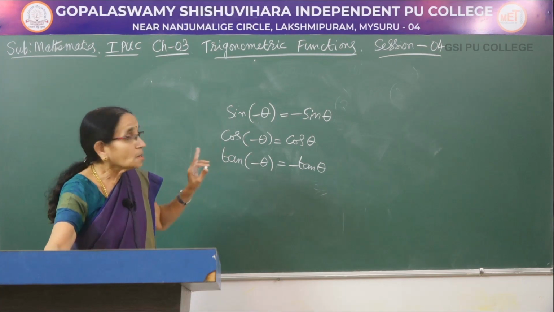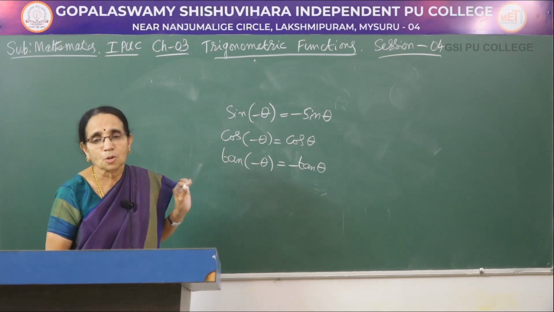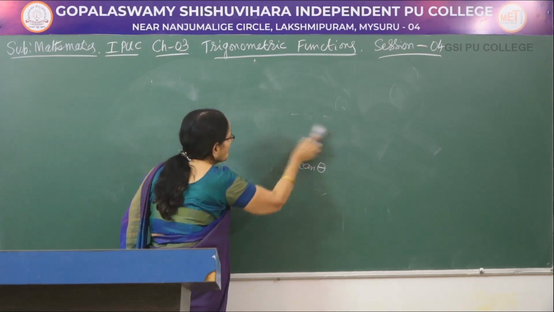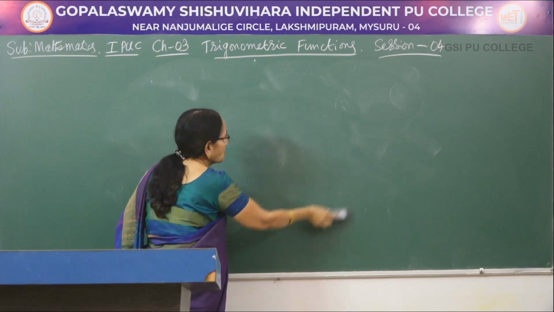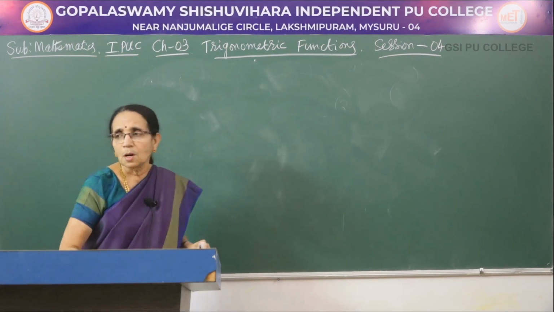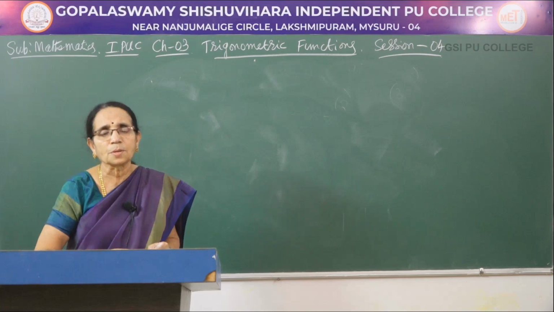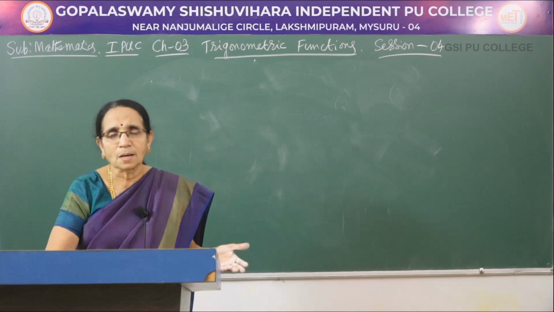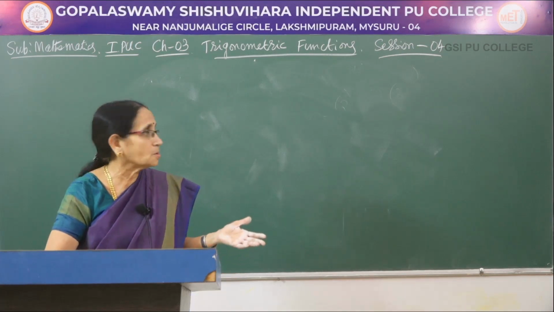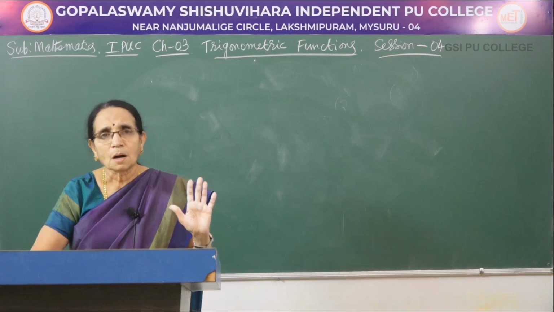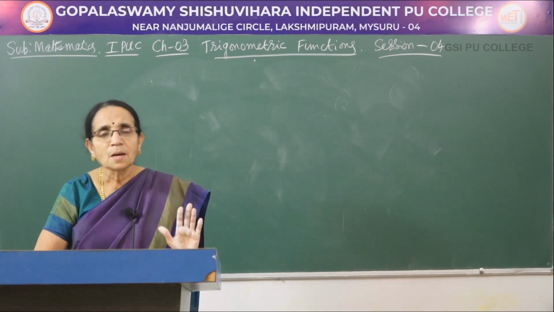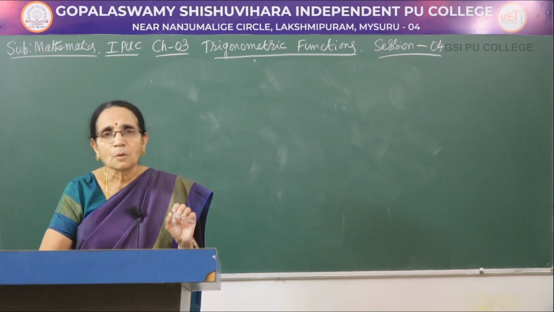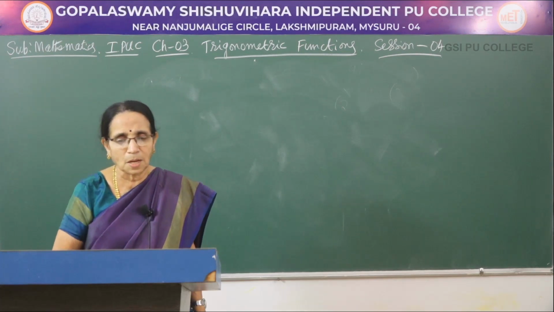Now, these are the trigonometric ratios of minus theta. So, you have to remember all these results. All of them are very important because while working out the problems, we have to remember all these rules, either to find the value for a particular angle. It may be a standard angle or otherwise also. If you remember all these rules, rule 1, rule 2 and rule 3, then you can find the value of a trigonometric ratio of any angle, however big or however small that may be.